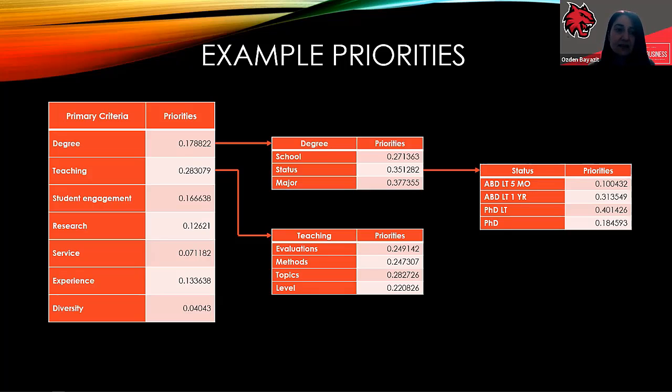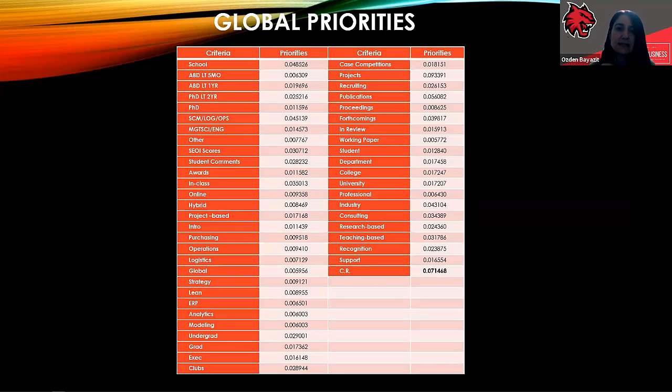So as a result, teaching, not surprisingly, came out as the most important criterion that we consider in filling a faculty position, with 28% priority. Diversity came out as the least important one, but I bet if we do pairwise comparisons today in the light of recent events in the country, and also because as a College of Business we initiated lots of diversity programs recently, diversity will get more attention. So those are some sample sub-criteria priorities. Carlo, can you please move to the, yes, thank you.